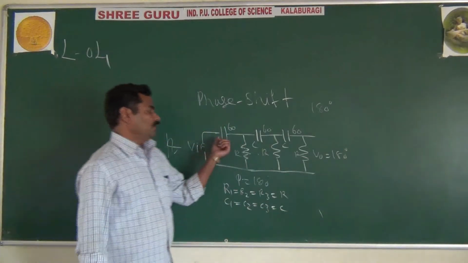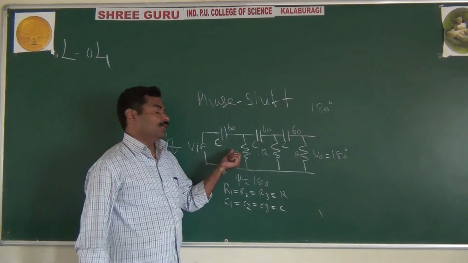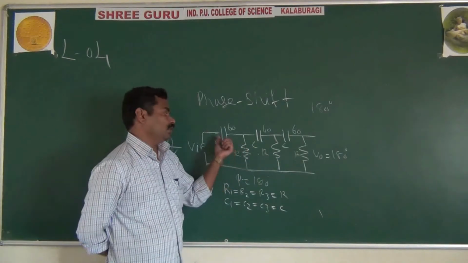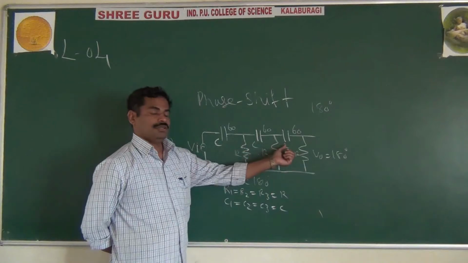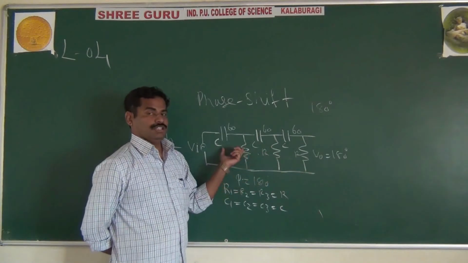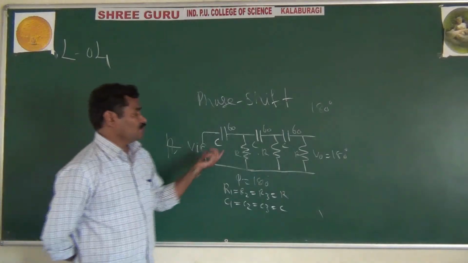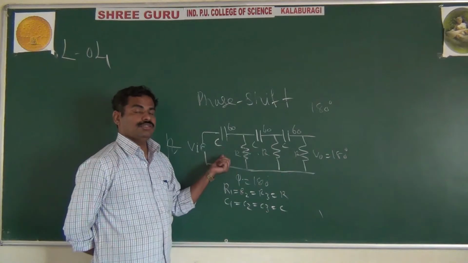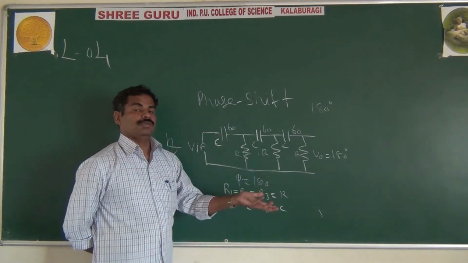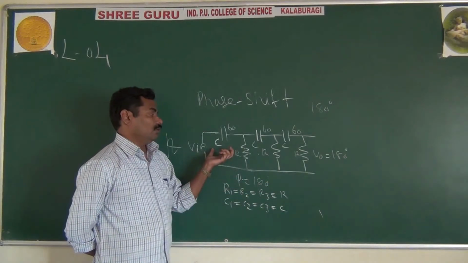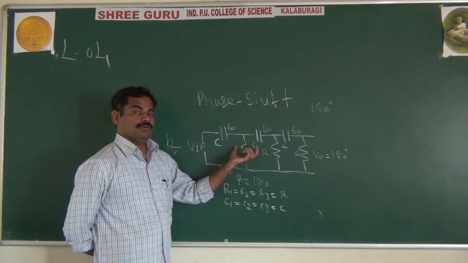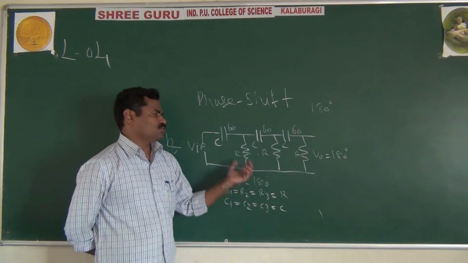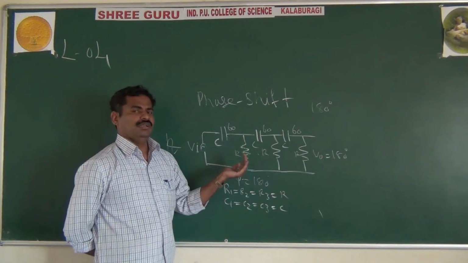If the R and C values are the same, at only one particular value of R and C we may get 60 degree, 60 degree, not for all values of R and C. Only at one particular value of R and C we may get 60, 60, 60, and totally a 180 degree phase shift. A single RC network may give 90 degree, but we want R equal to 0, and practically it is not possible to make R equal to 0. If you take two R and C networks, we may get 180 degree, but the gain is not stable, and also we do not get exactly 180, we may be near to 180.